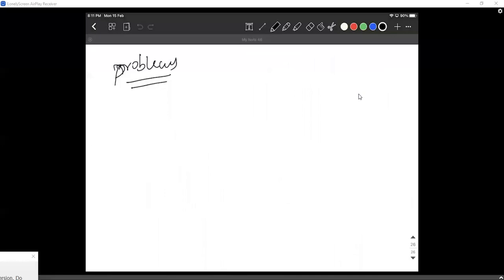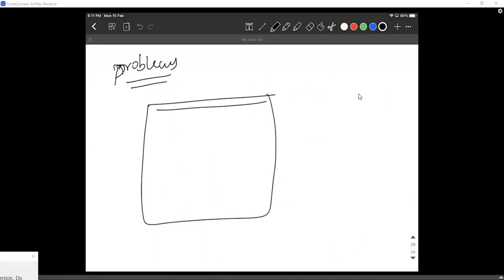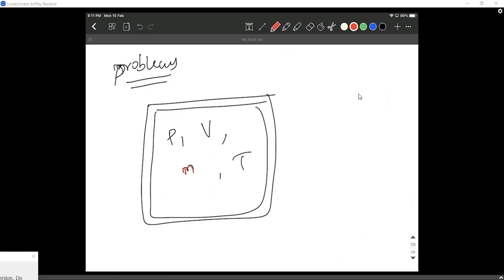There are problems where they simply talk about a container, and the pressure, volume, and temperature are given. They might ask simple questions like what is the number of moles, what is the volume, or what is the temperature. They give single quantities. Now, of course, that is easy, very easy to handle. But the good kind of questions is where they